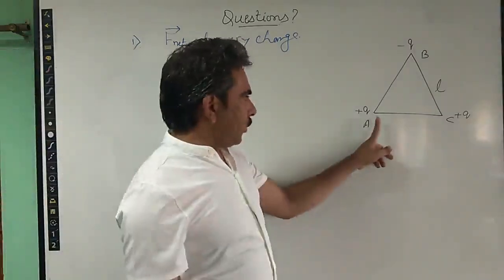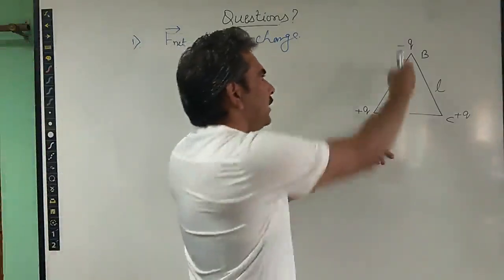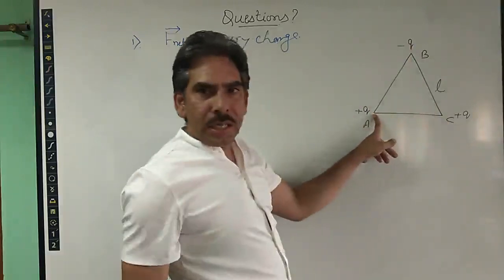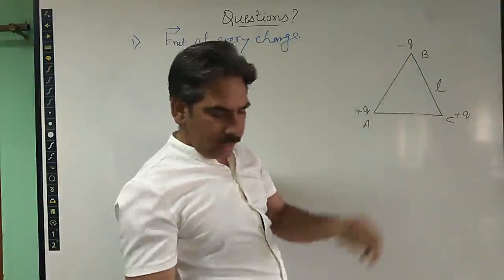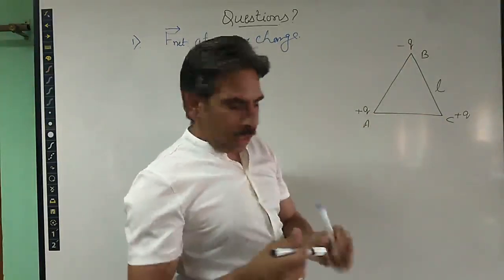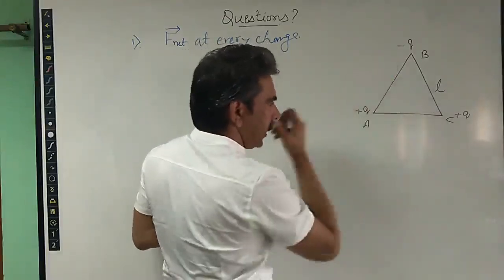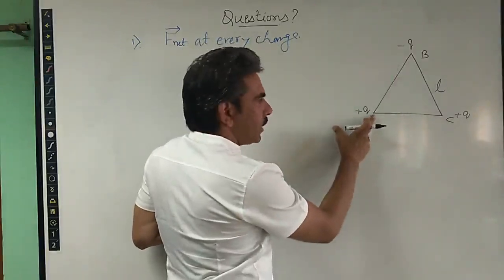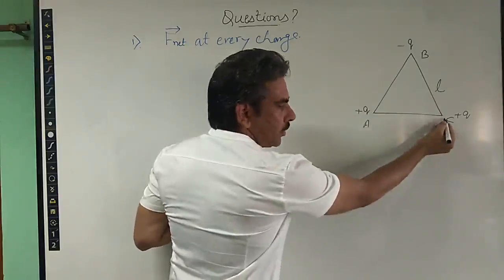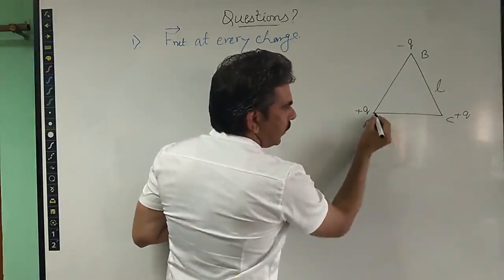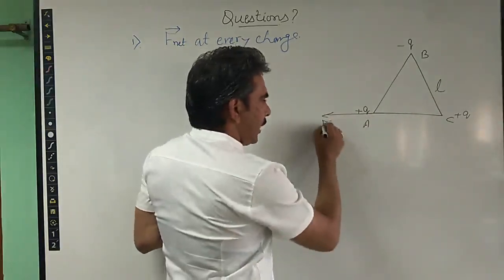First case, if we want to calculate the force acting on the charge placed at position A, we have to consider the force exerted by this charge and the force exerted by the other charge, and find the resultant. I am taking one case, the force at position A. You can do all the similar cases for position C and for B. So I am taking the force acting on the charge placed at position A. The force exerted by this charge, which is of similar kind, will be repulsive and directed away from the charge at C. I am giving it the name FC.